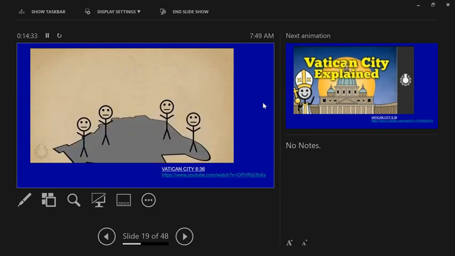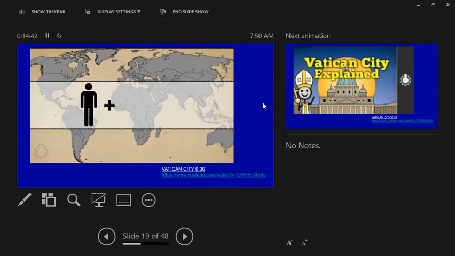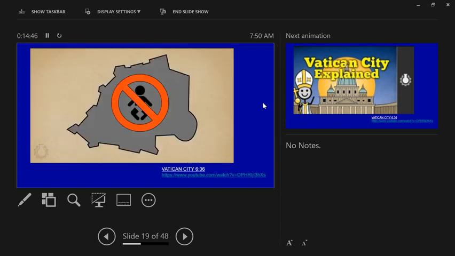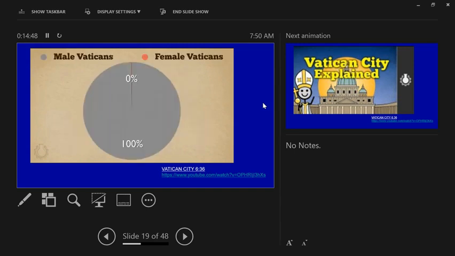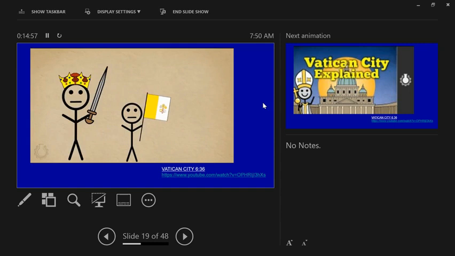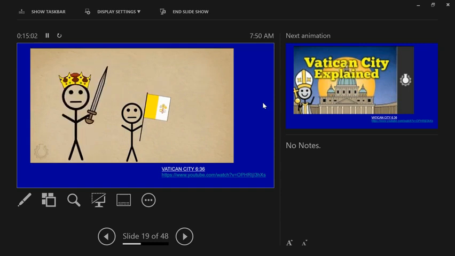And speaking of Vatican City citizens, they are perhaps the strangest consequence of the Pope's dual role as religious leader and monarch. While other countries mint new citizens with the ever-popular process of human reproduction, Vatican City does not. No one in Vatican City is born a citizen, and that's not just because within a rounding error there are no female Vaticans. The only way to become a citizen is for the King of Vatican City to appoint you as one, and the King only appoints you a citizen if you work for the Pope, who is also the King. And because the King is all-powerful, your citizenship is at his whim.